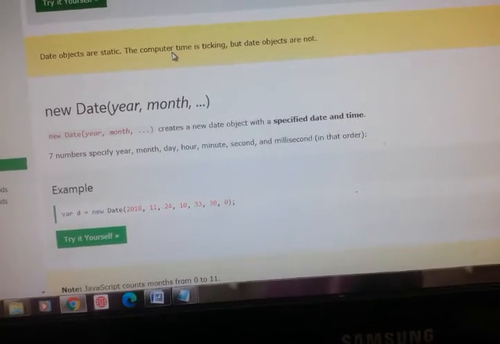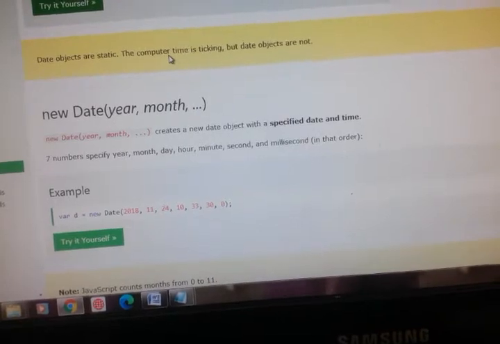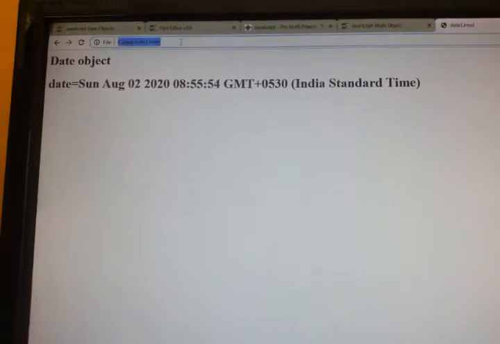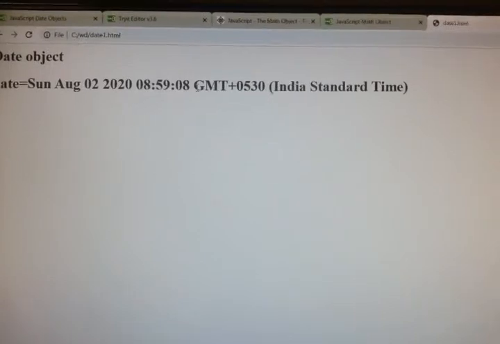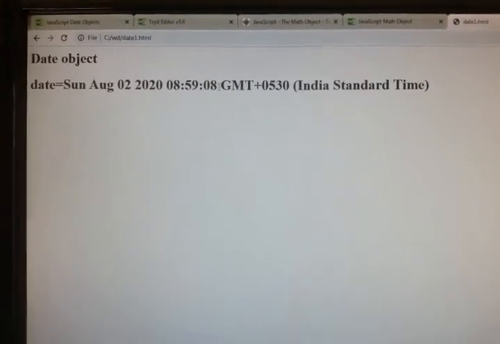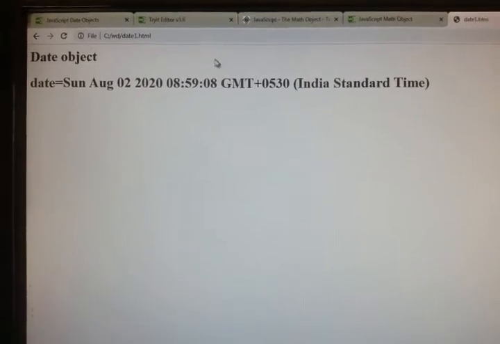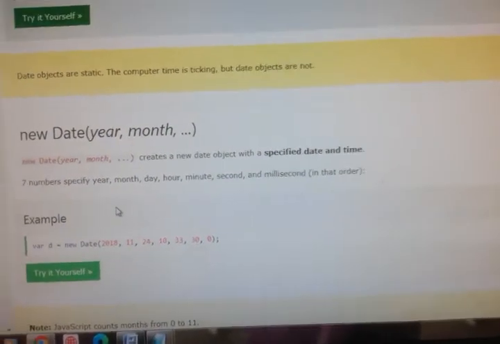It will not update our seconds and minutes. Even if we keep idle, the date has not changed. If you just rerun, now here the seconds time is not moving, it is constant or static. That is what we are trying to tell you. So date objects are static.